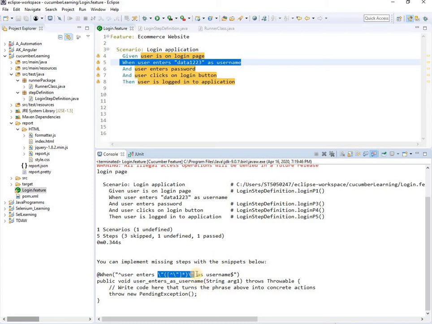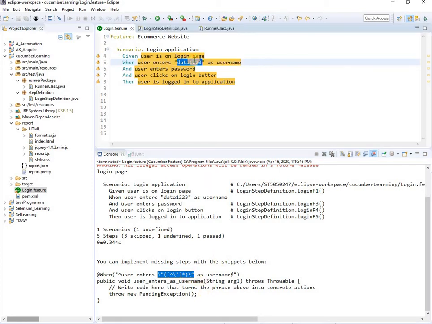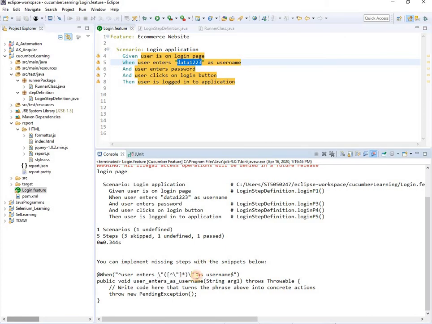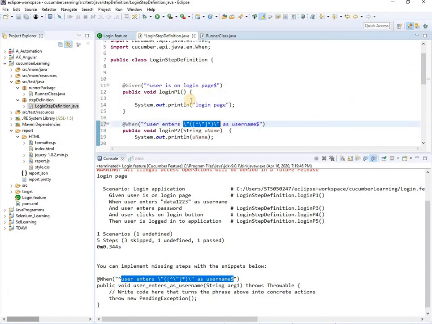It is nothing but a regular expression for a string. For this string, the regular expression is already created, and you just need to use this regular expression with the annotation. So I'll just copy it and paste it over here.